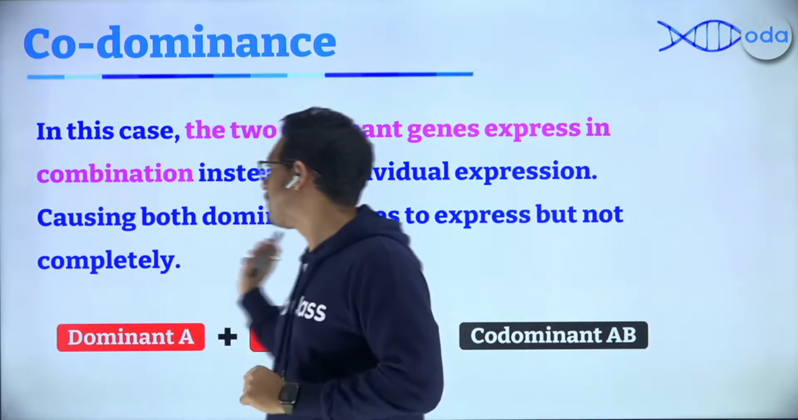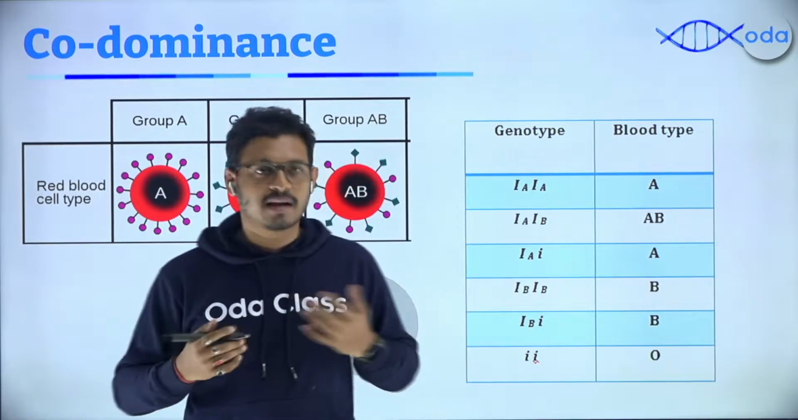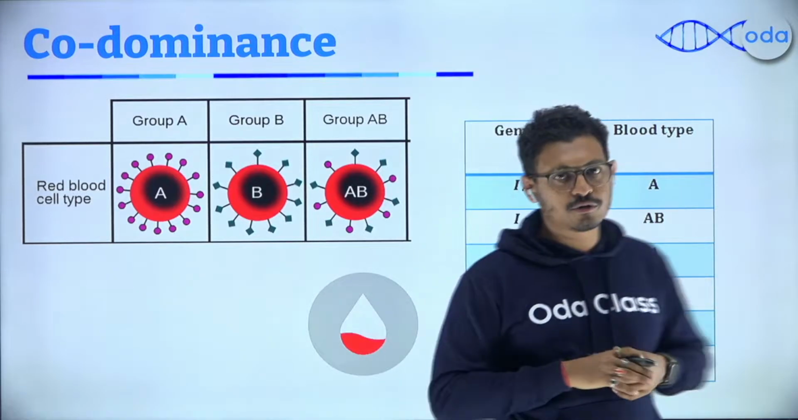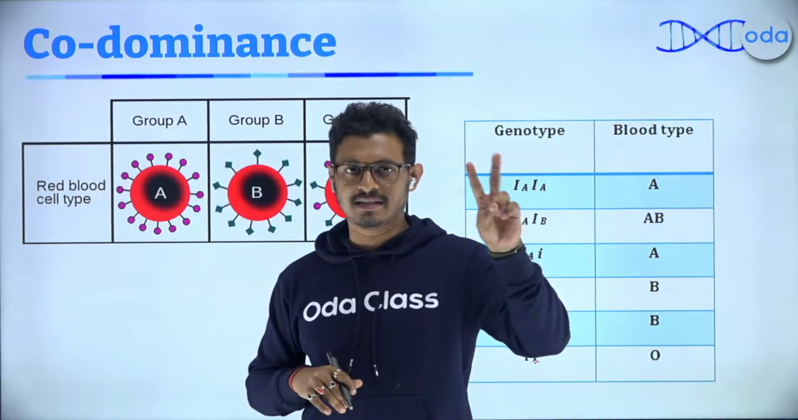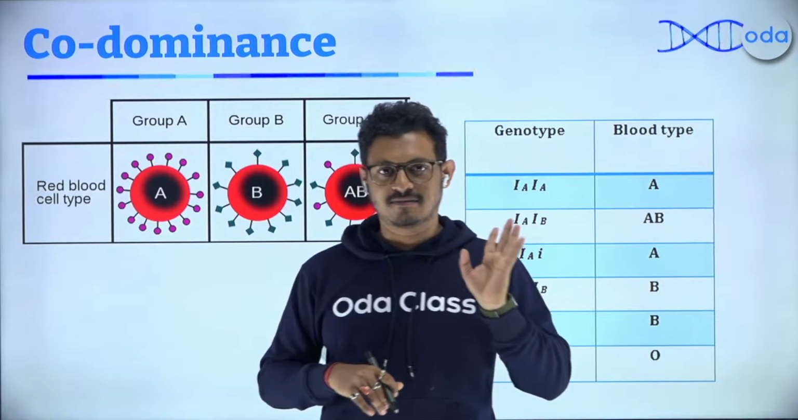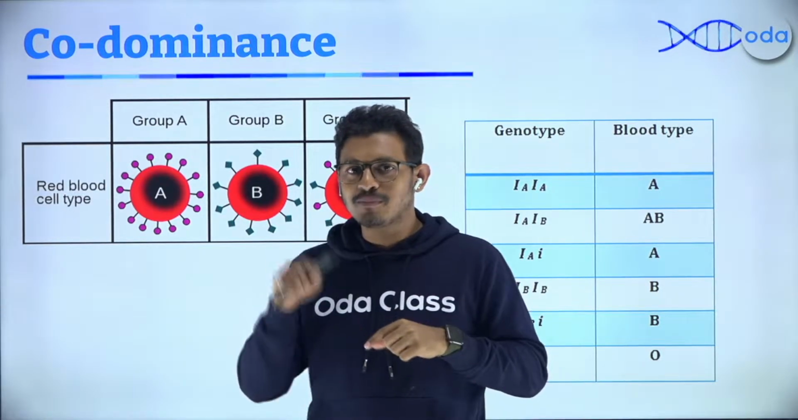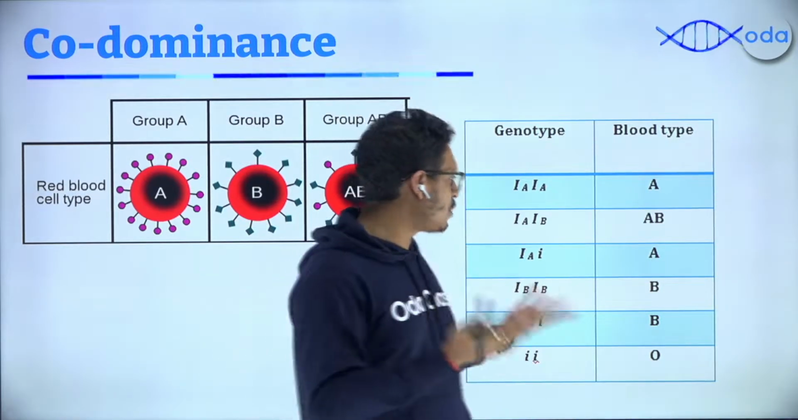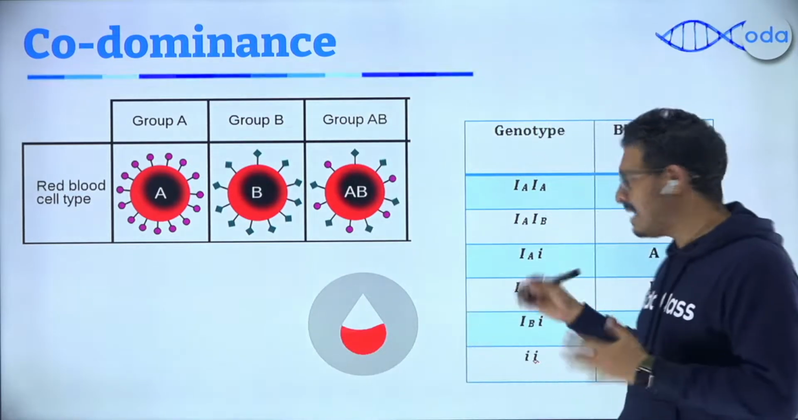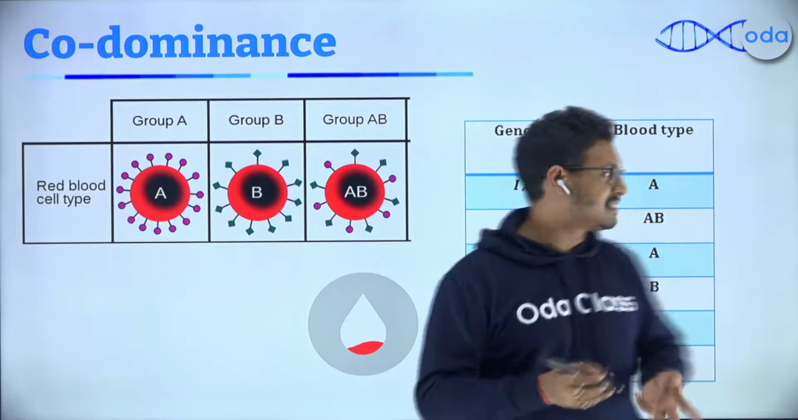Now, just to give you an example with this, let's talk about how our blood grouping actually works. In case of blood grouping, we basically have only two main dominant genes, okay, and one recessive one. The recessive one is the O group, the dominant ones are A and B. So when it comes to the combination of your blood grouping,